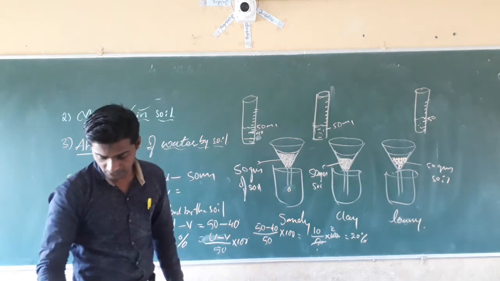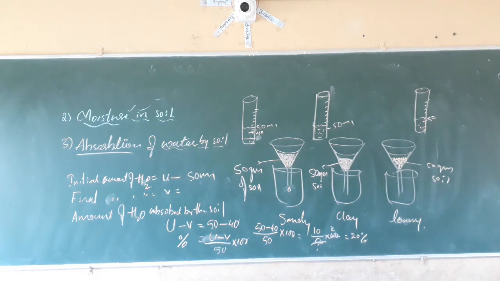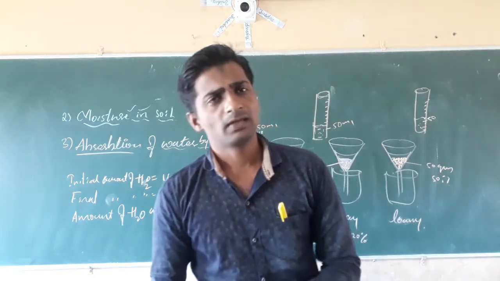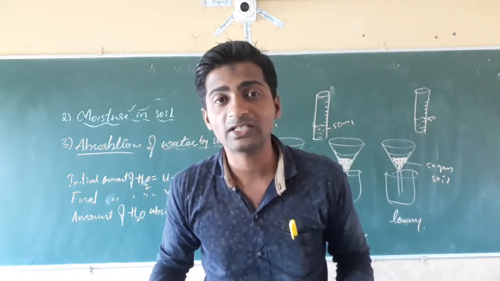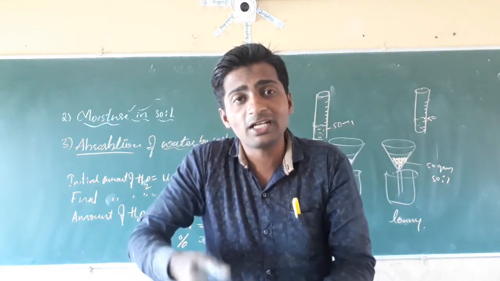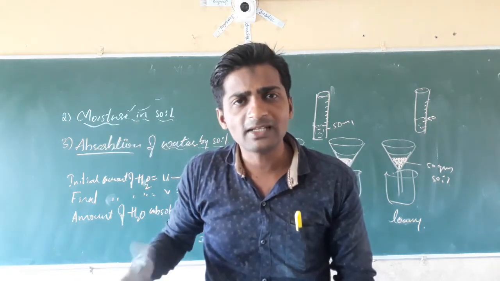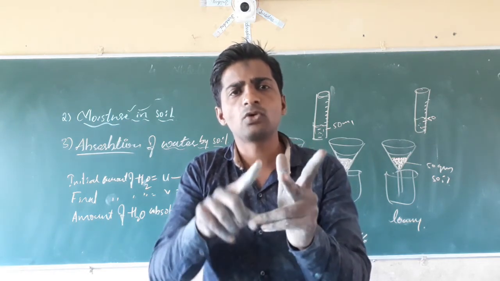Isn't it? Next, dear students, soil and crops. See here what happens, dear students. Different types of soil we saw: sandy soil, clay soil, and loamy soil. Sandy soil is not suitable to grow any crops or plants because it doesn't have the water holding capacity and it doesn't have the humus or organic matter along with the soil particles, which is necessary for the plants to absorb for nourishment. It doesn't have any organic matter and water. Those are the most important factors for the growth of plants. Only soil particles are there.